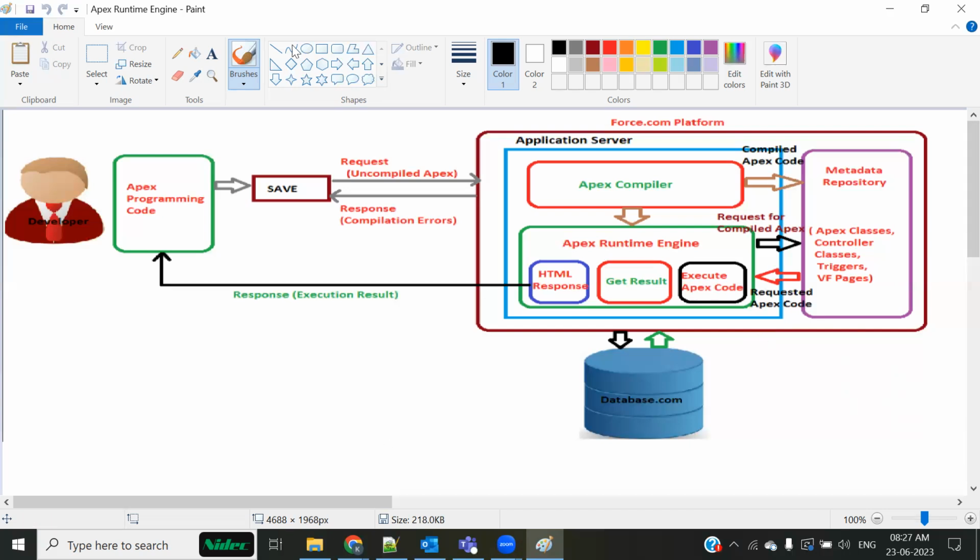Why is it not like we can perform as many DML operations as we want? Why is there only a 150 governor limit? Why should we only use 100 SQL queries? Why not more than that? So why is there a governor limit at all? There is a governor limit because